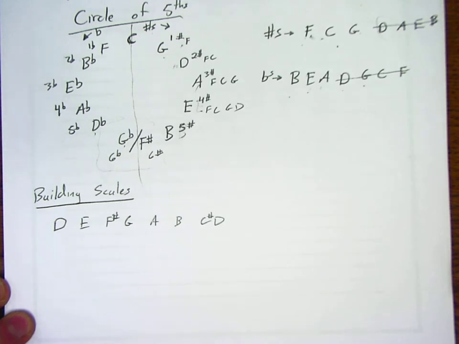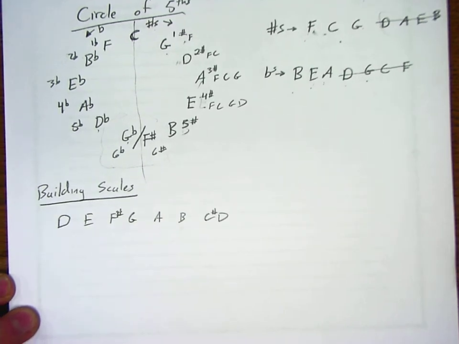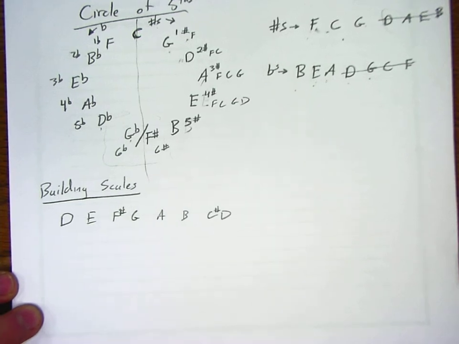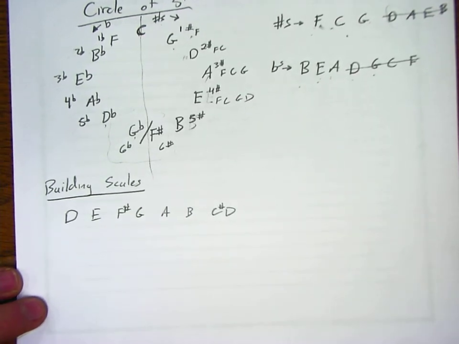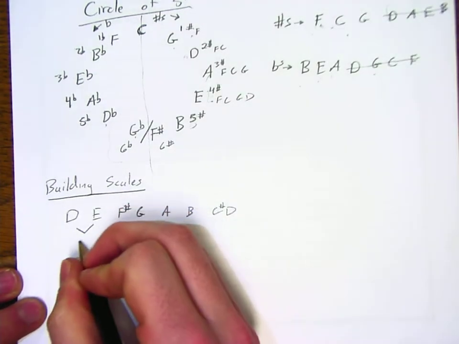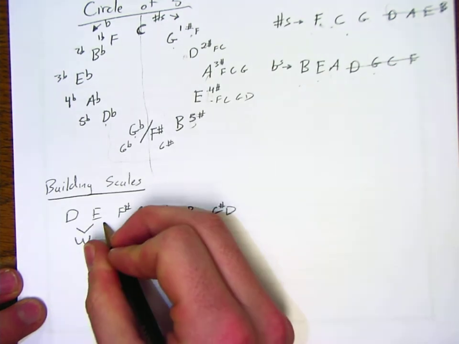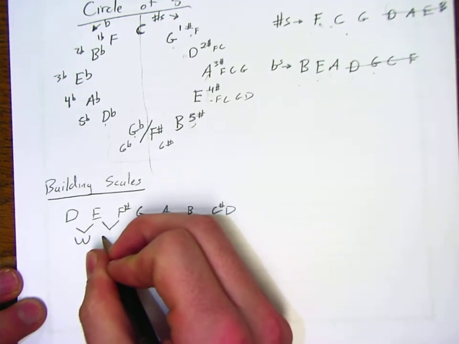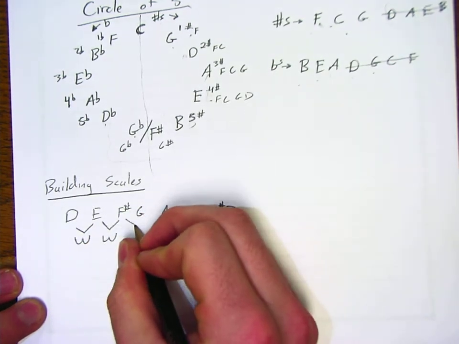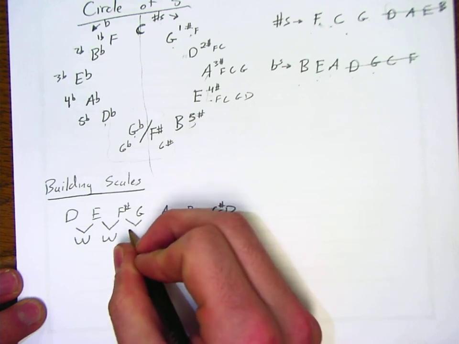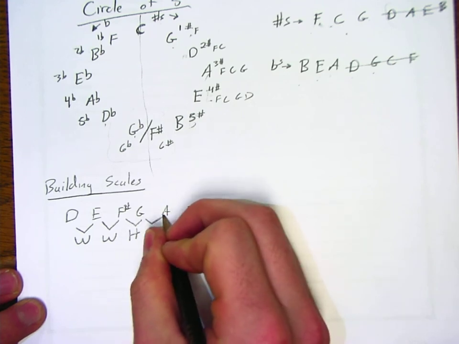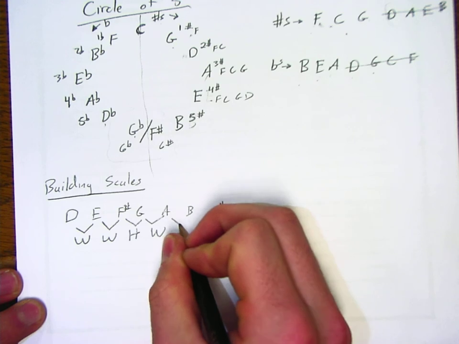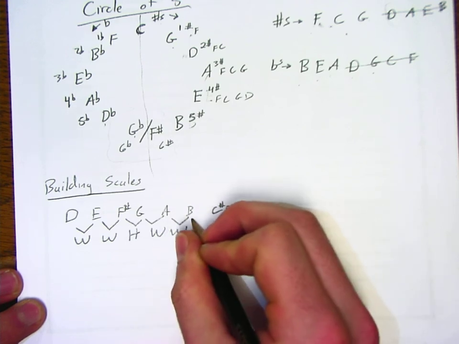Using a slightly more methodical, slower approach is determining what intervals are between each one, and everyone will follow the exact same pattern. So you got D to E is a whole step, E to F sharp is a whole step, F sharp to G is a half step, G to A is a whole step, A to B is a whole step, B to C sharp,